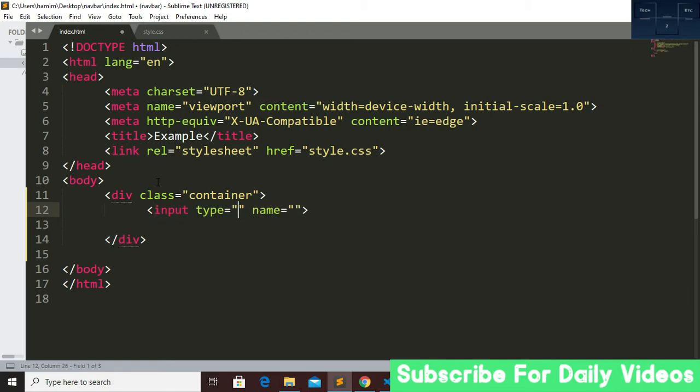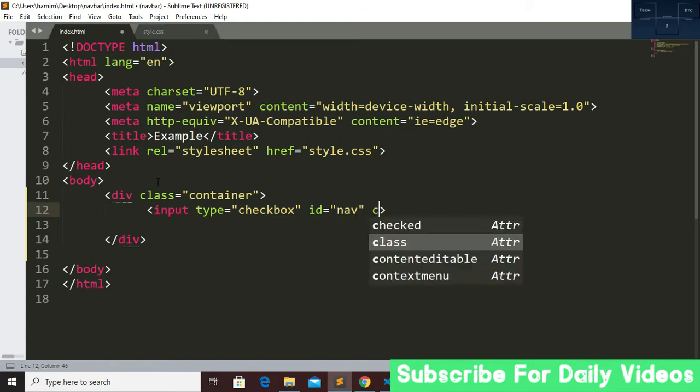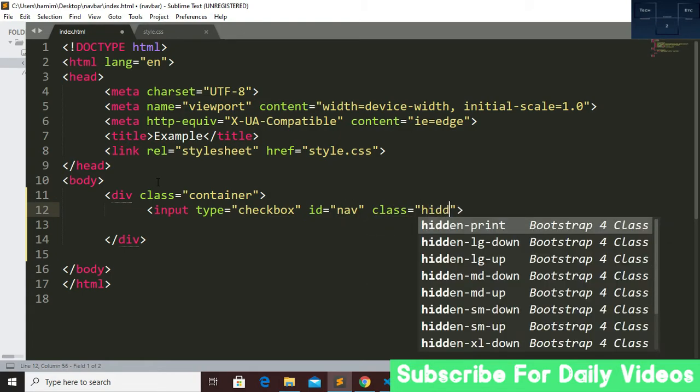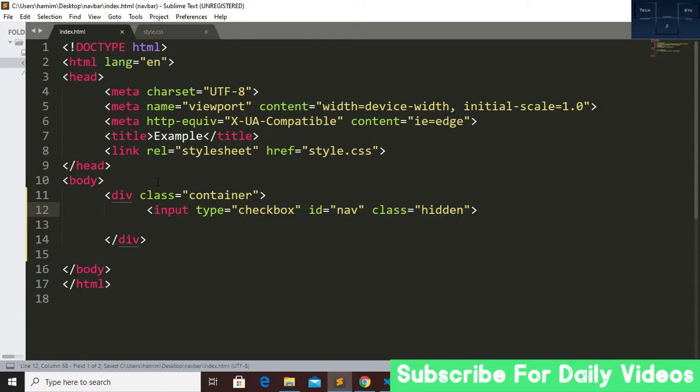The type will be checkbox, and we have to create an id for this input. The id will be nav and the class will be hidden. I will show you why I am making this input in a few minutes.